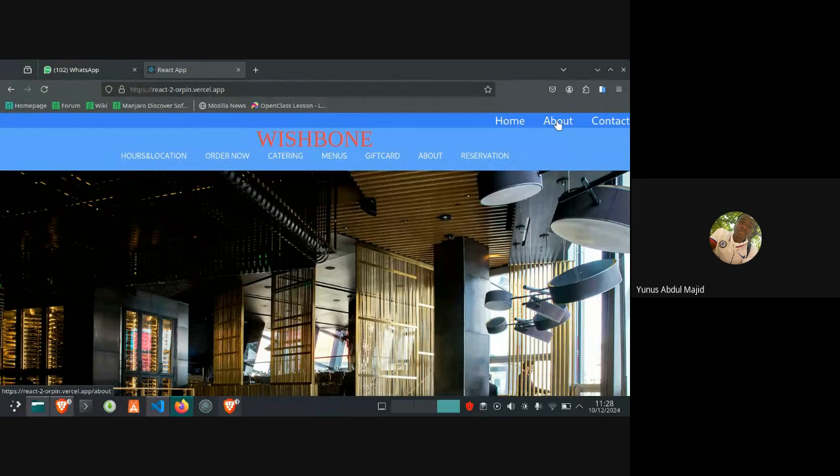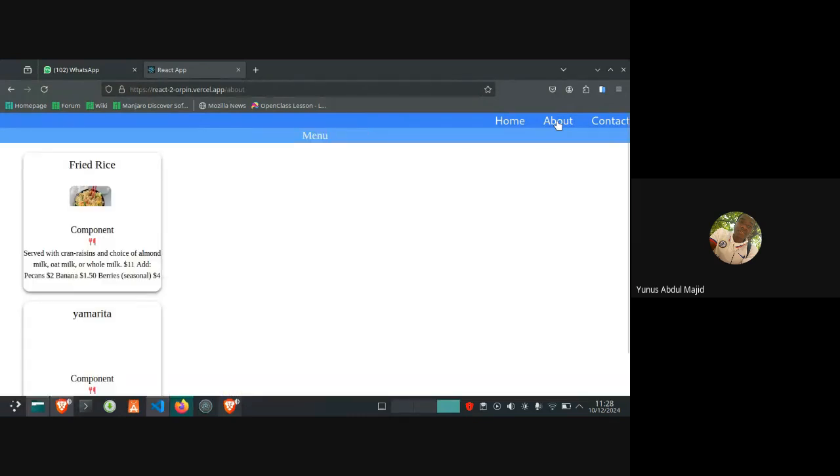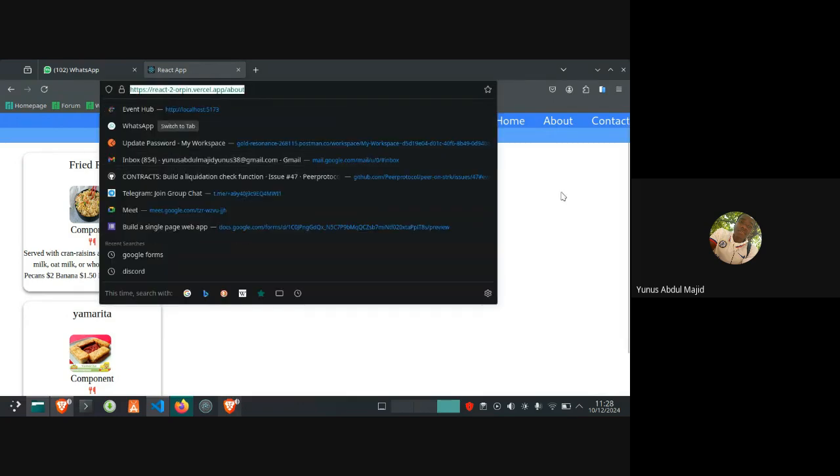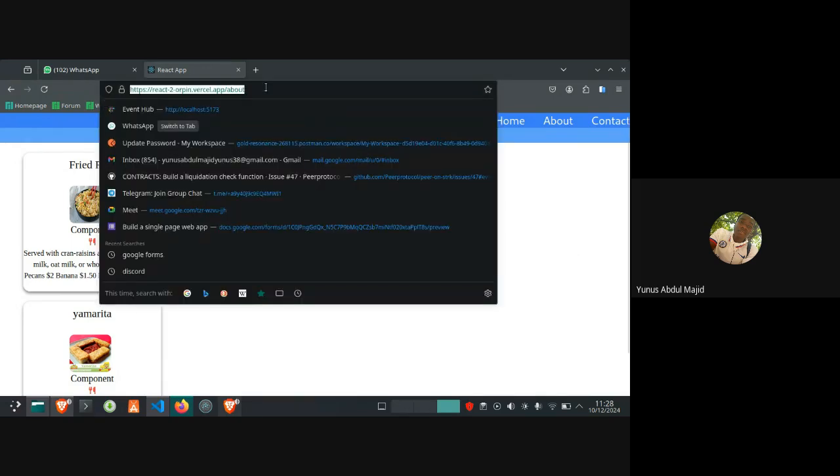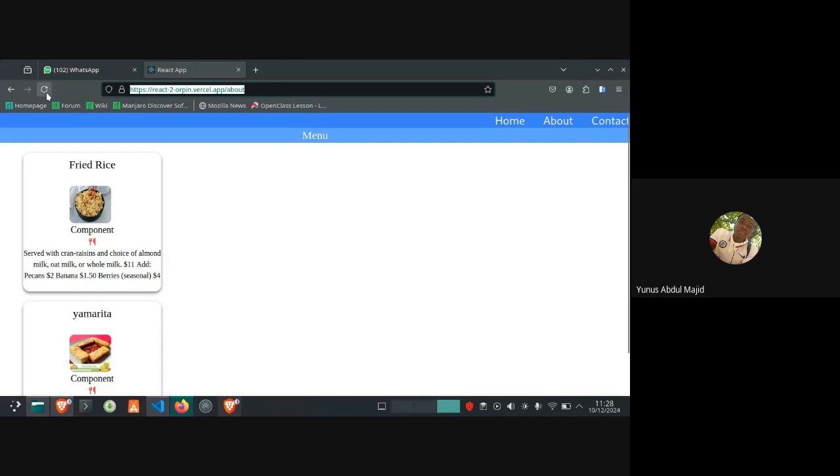My bad. Now, the idea about routing is that since this particular page is not a protected route, I should be able to share it with anyone, and they won't have a problem accessing it. Currently, if I copy this link or try to reload, it will show an error.